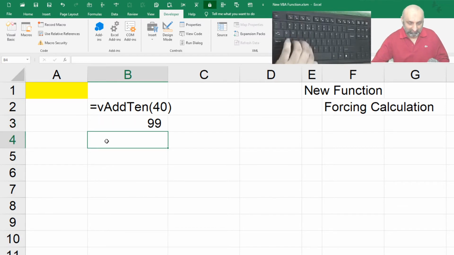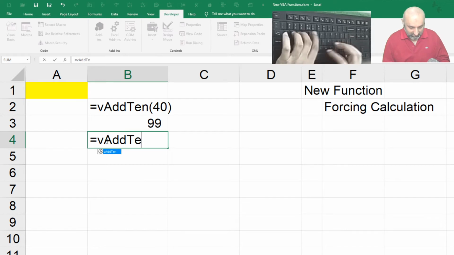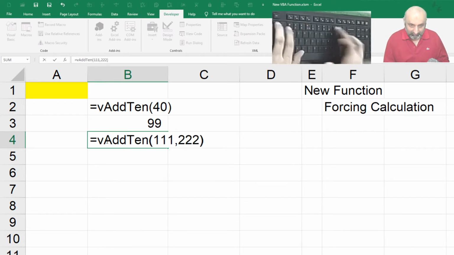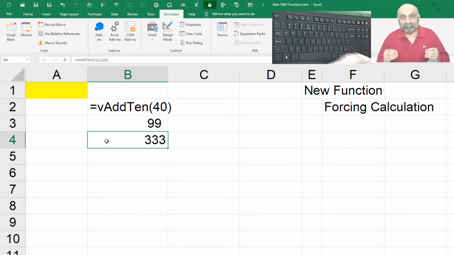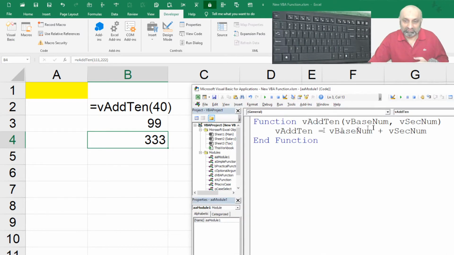And what if I say is equal to v add 10 of 111 comma 222. Enter. The answer is 333. So just like normal functions, I can pass different variables in different cells with the same function. So this is vbase num, vsec num, add 10 is equal to vbase num plus the second number.